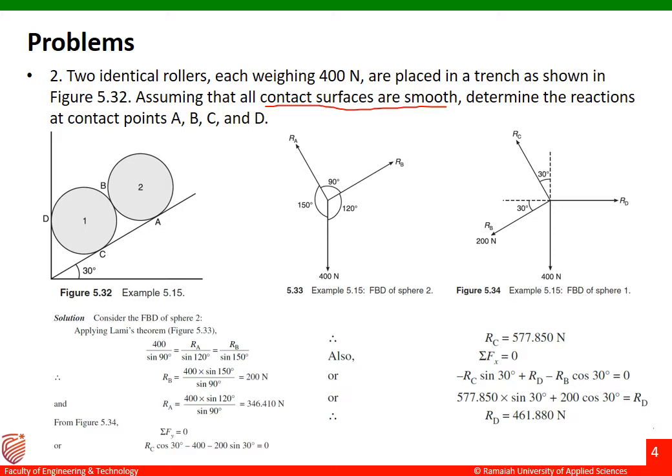Fine. So now what we have to do here is find out the contact points. In this case, the contact points are already given, that is point A, point B, point C, and then point D here. So once this is given, we have to identify to which sphere we can apply Lami's theorem. Okay, so let us do that one. Before that, let me draw the free body diagram for both spheres, that is sphere 1 and sphere 2. So first let us see the free body diagram of sphere 2. Okay, so here the free body diagram of sphere 2 is written over there. So I'll just draw it here itself.